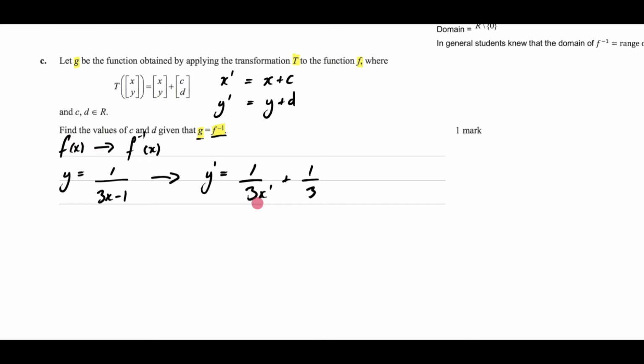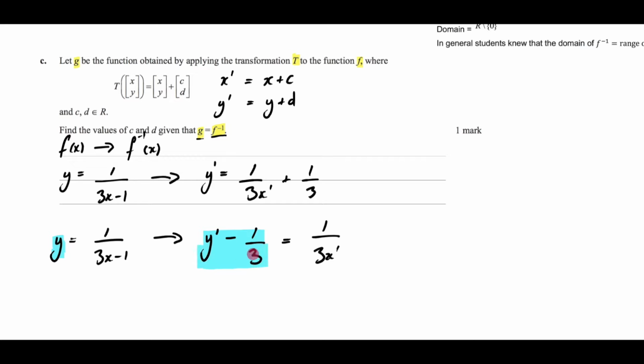Now what I'm going to do is do a bit of rearranging. So this is going to stay the same on this side. But then when I come over to this side right here, I can rewrite this. I'm going to bring this over to the other side because this is affecting my y. So it's going to be y dash minus 1 over 3 is equal to 1 over 3x dash. The next thing that I'm going to do is set things equal to each other. So I'm going to set my y equal to this right here. And I'm going to set